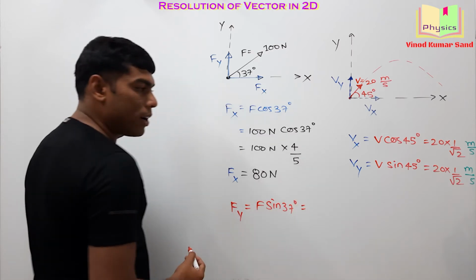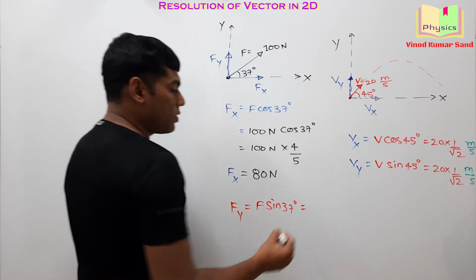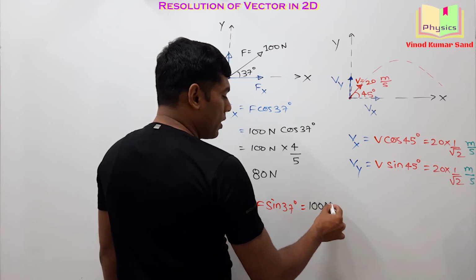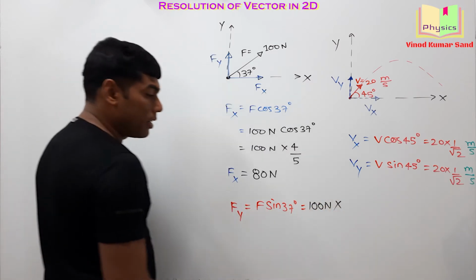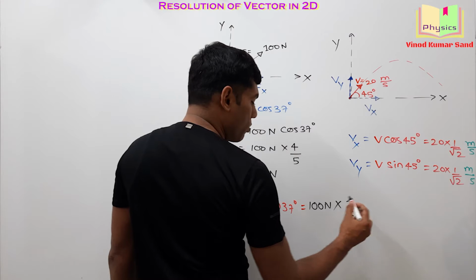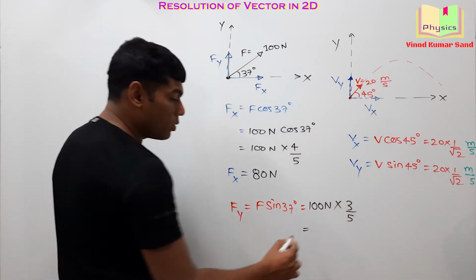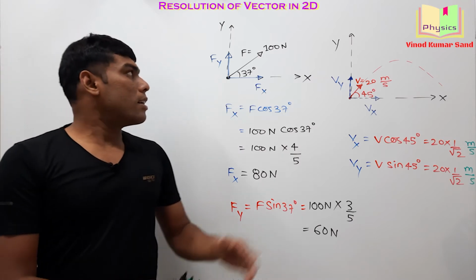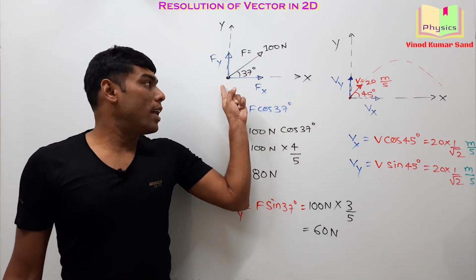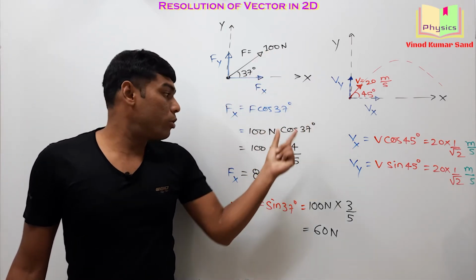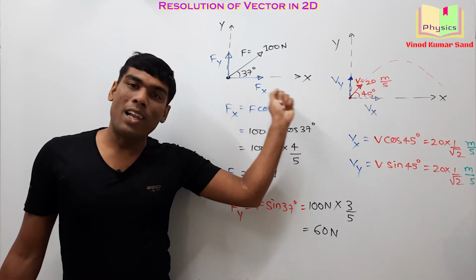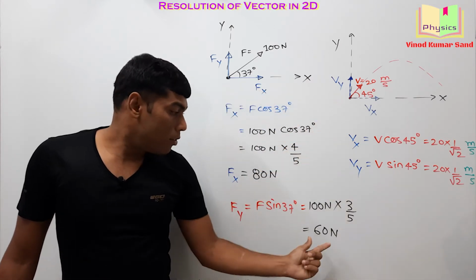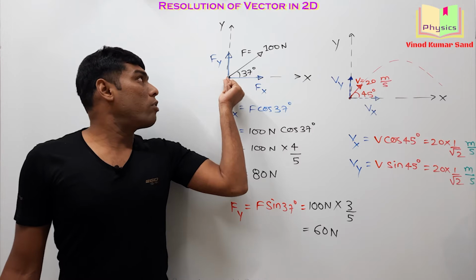And you can simplify this very easily. F is 100 Newton. And how much is sine 37 degrees? 3 by 5. So this force will result in 60 Newton. It means the 100 Newton will have an effect of 80 Newton along the x-axis, will have an effect of 60